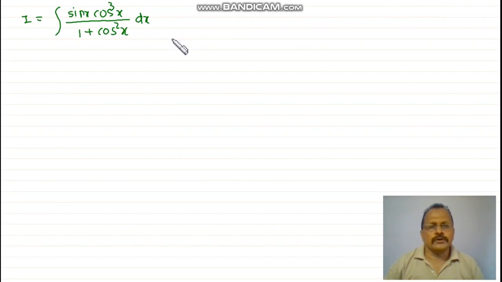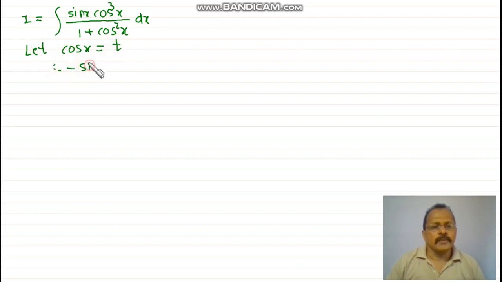Next problem we are going to solve is I equal to integration sin x into cos cube x upon 1 plus cos square x dx. Clearly the derivative of cos x is minus sin x. It can be seen here. So the first choice, let cos x is equal to t. Therefore minus sin x dx is equal to dt, or sin x dx is equal to minus dt, and therefore